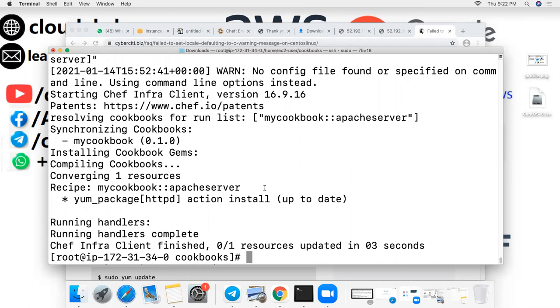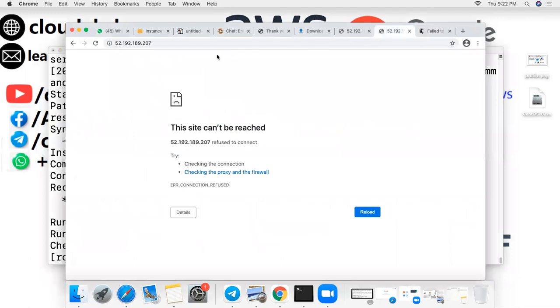Let's check whether our Apache server is installed or not. I had not installed the Apache server before. Let's check. So I need to enable it, start and enable it, because in RHEL based versions we need to start it manually.